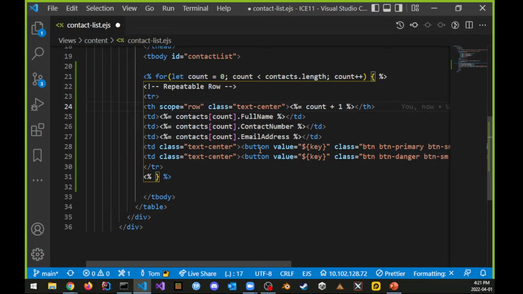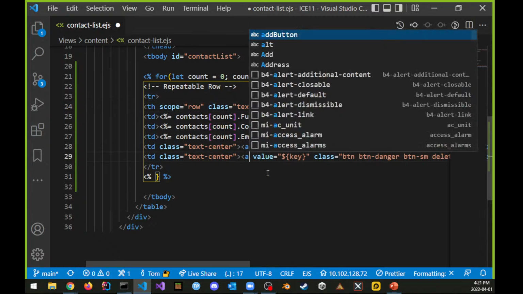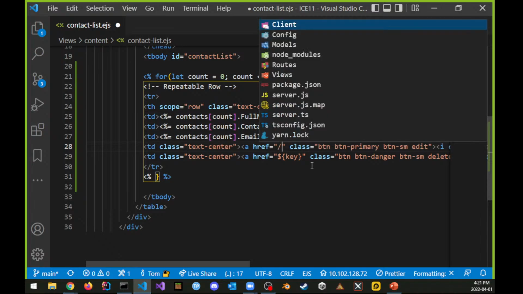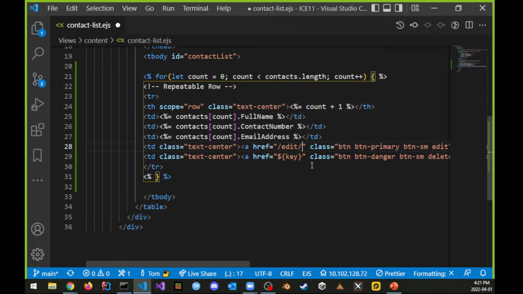Right now, they are buttons, but they can't be buttons anymore because buttons require JavaScript on the back end. We're going to make them anchor tags. So let's change the button to anchor tags for all these. And let's change the value to an href. Now, of course, this can't be the key anymore. What we're going to write instead is something that looks like this. We're going to have the root is /edit/ and then we're going to inject the contacts count